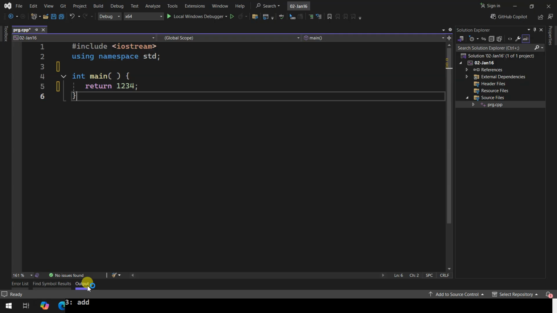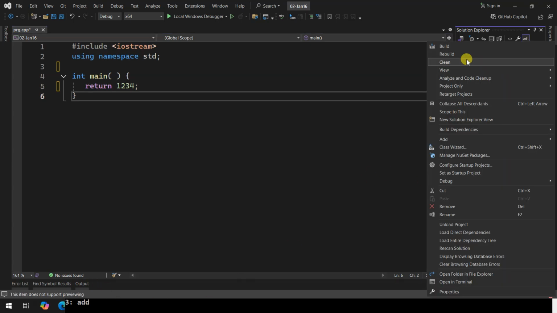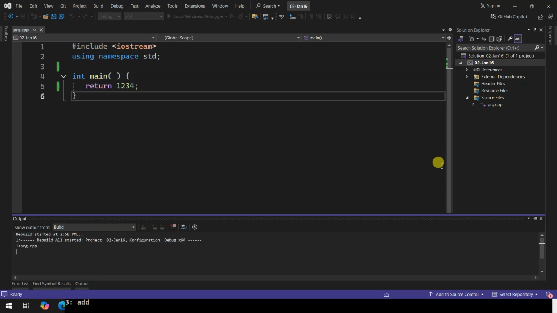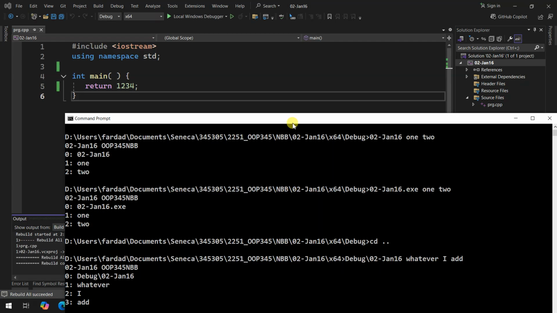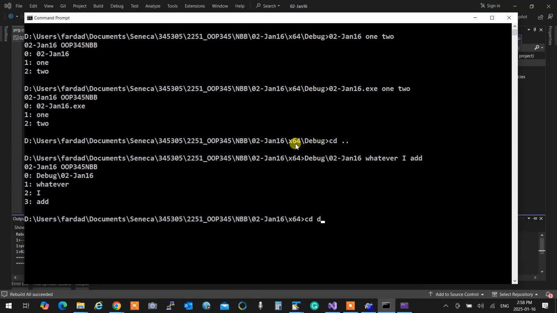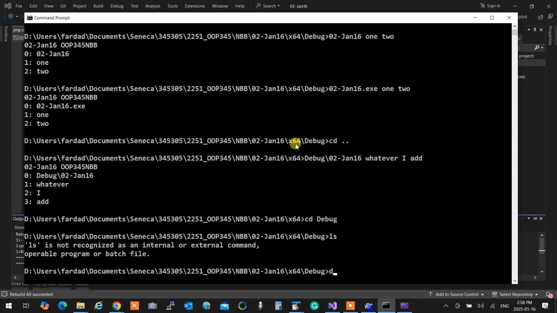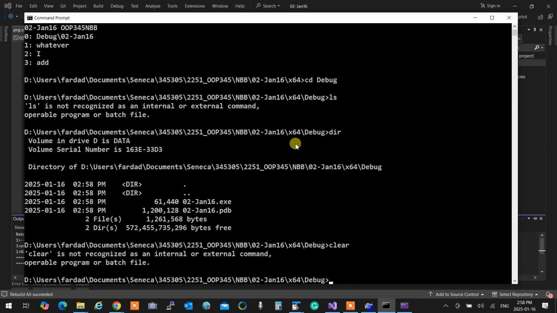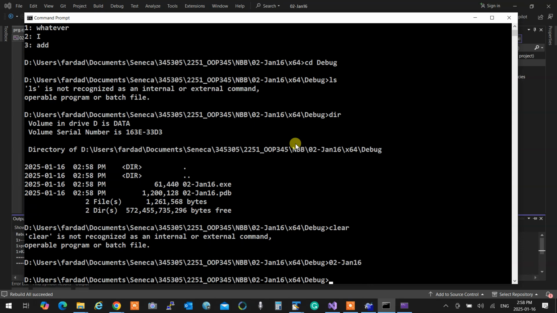What does this mean? Return to the operating system. The return value that you're returning actually returns the value to the operating system, which means if I recompile, rebuild this code, I think I still have this open, don't I? Yeah. So I'm going to go cd debug. If I run 02 dash something, and run this, nothing happens, right?